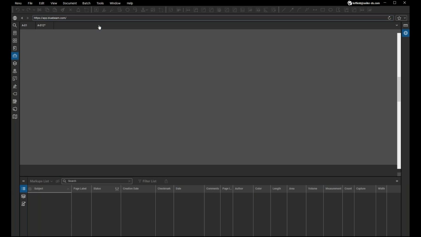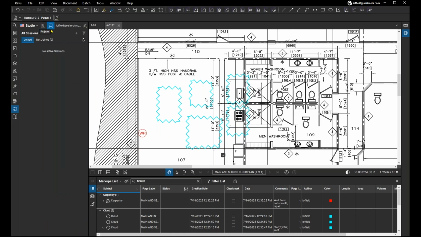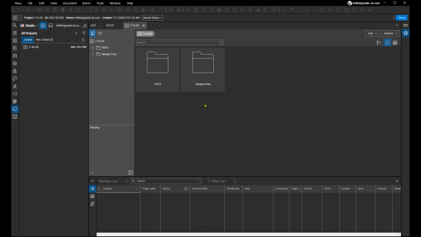But alongside Bluebeam Cloud, we have our Bluebeam Studio, which I'll open up in our panel down here. We have two different sides to this panel. We have our Bluebeam Studio Sessions and then our Bluebeam Studio Projects. I do have a project that I created for today, just a simple one. The nice thing about Revu 21's studio panel, studio projects in particular, is that where Revu 21 is far more focused on just PDFs and PDF markup,